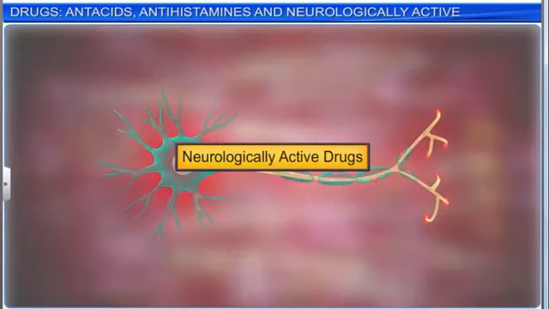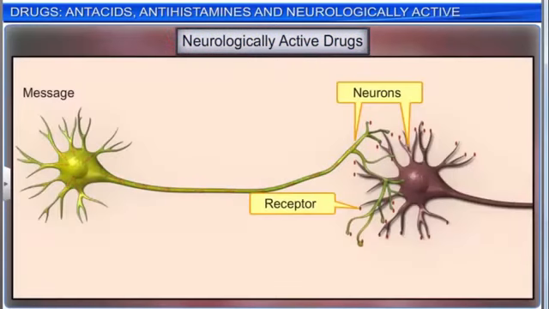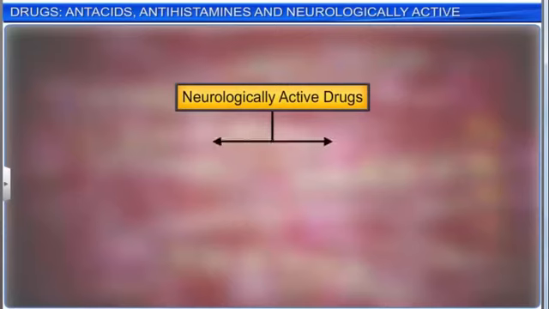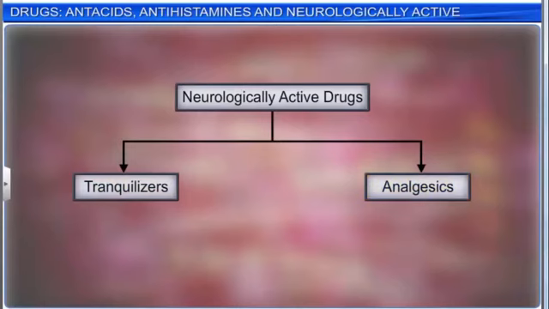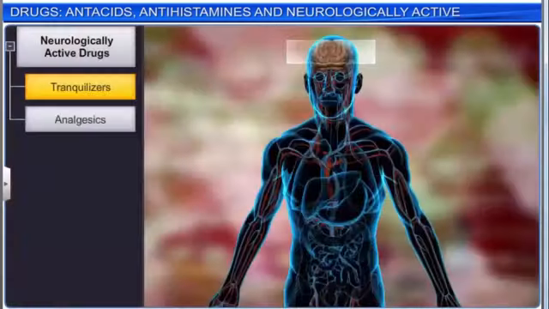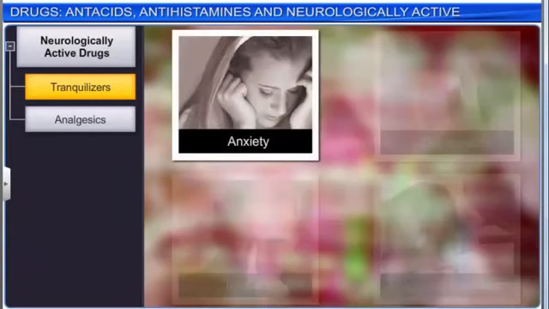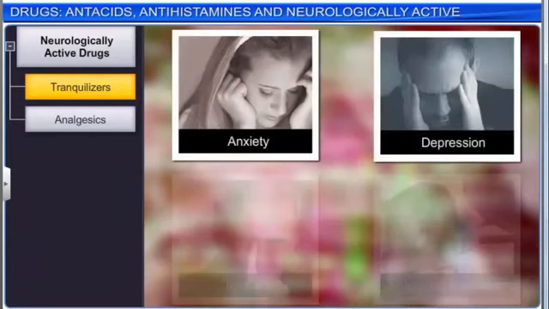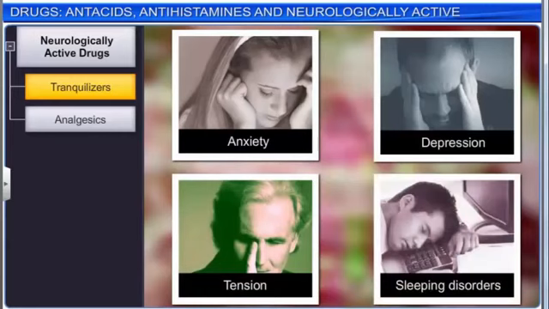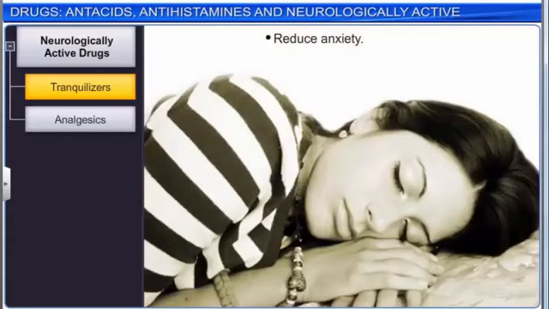The next class of drugs is neurologically active drugs. Neurologically active drugs affect the message transfer mechanism between the nerves and the receptors. Neurologically active drugs are commonly classified as tranquilizers and analgesics. A tranquilizer is a drug that acts on the central nervous system. They are prescribed by doctors to treat anxiety, depression, tension, and sleeping disorders. These drugs reduce anxiety and promote calmness,